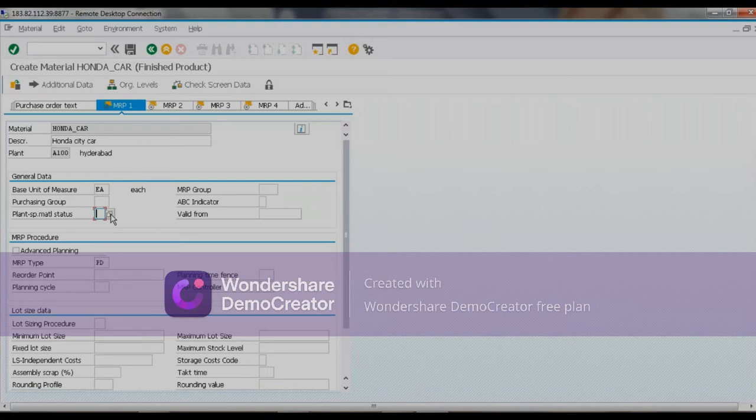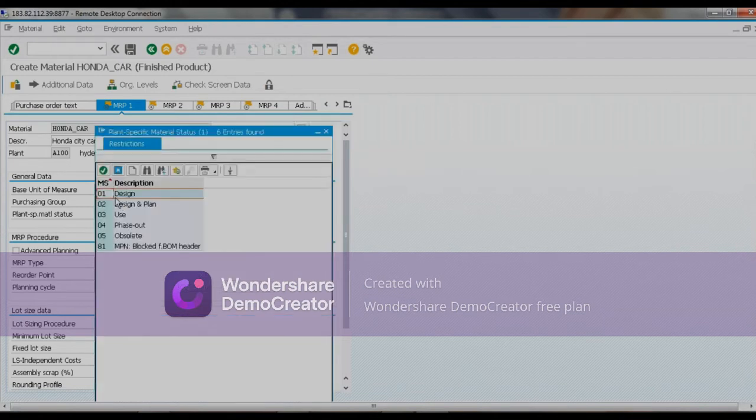This means if you want to block this material after a certain time in this plant, then you can use the statuses here. For example, obsolete. So it will get blocked. No one can use this material. Or you can use the different status of this material to control the usage of this material. That too, this is specific to a plant.